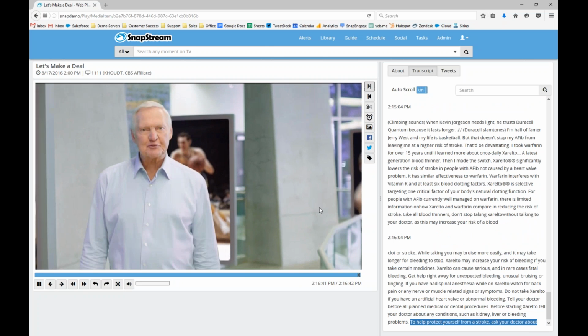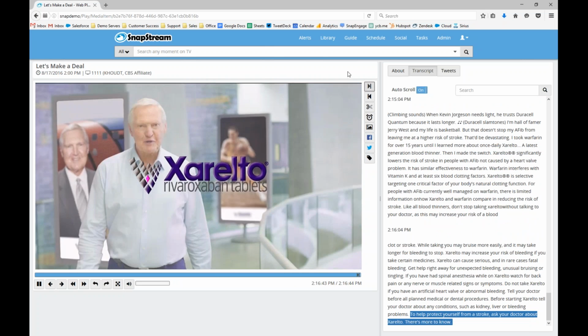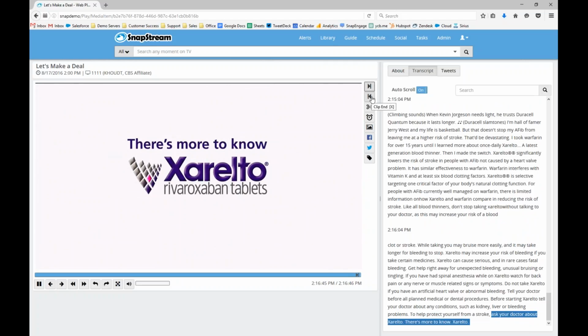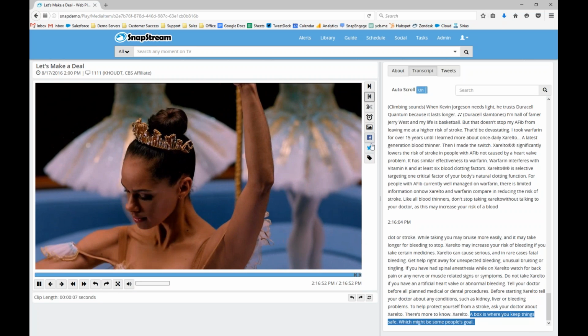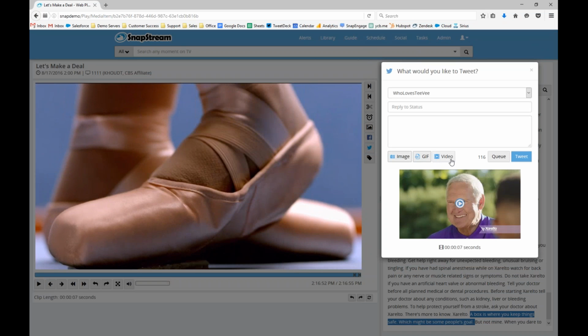And again, I'm going to let this play out naturally because it's airing live. But when I get to the point where I want to end my clip, I hit my clip end button. And instead of hitting that clip button, I'm going to choose either Twitter or Facebook. I'm going to hit my Twitter button, and you see I chose video here. On my video, I chose a 7-second clip. It's a 7-second clip here as well. And I can say whatever I want to say as part of my tweet, and then I can tweet that